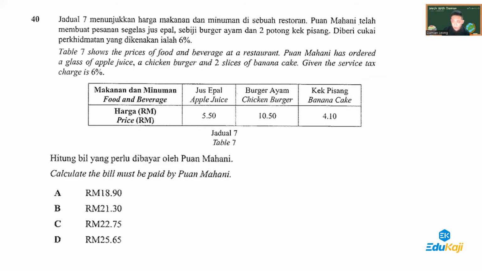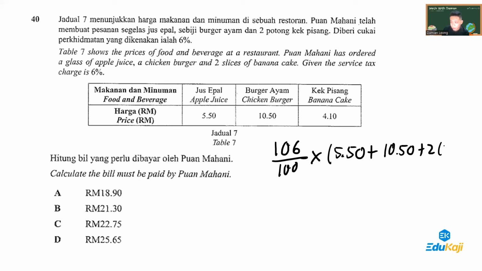And one more question. I have price of food and beverage. One money ordered a glass of apple juice, chicken burger, 2 sides of banana cake. So the service tax charge is 6%, bill that must be paid. So means service tax charge is 6%, means she has to pay 106% of the total bill. So total bill is 1 glass of apple juice, 550, plus 1 chicken burger, 1050, plus 2 banana cakes, 2 times